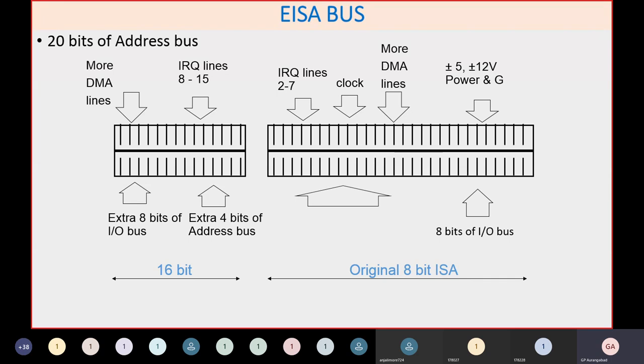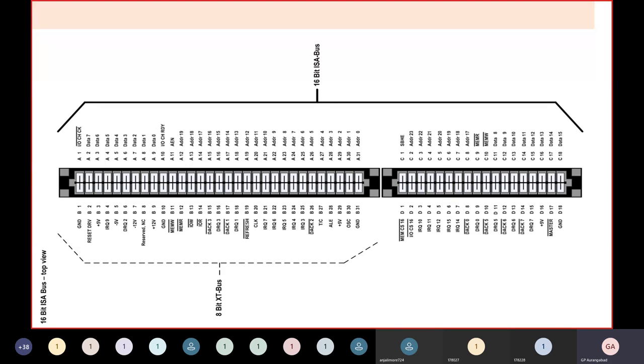You have to do the jumper setting, you have to properly set the interrupts, the interrupt IRQ lines, and so these are the problems with this. Though we say designing was not so easy, this is another perspective of the 16-bit ISA bus and the 8-bit XT bus. That means how the XT bus was working at 8-bit, and how this 16-bit ISA was working.